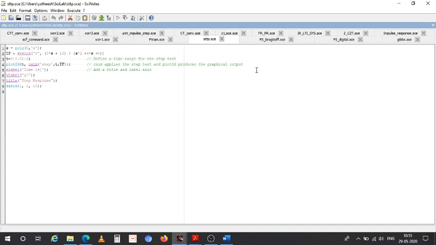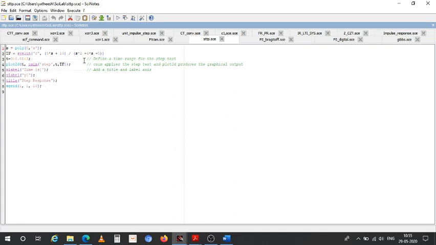So let us now proceed towards experiment number 10. In the university list, Bode plot is there. Bode plot, without the theory, can't be performed in practicals. So next semester in your control systems subject you will be learning Bode plot. You can try that after that. So let us go to the 10th experiment. The 10th experiment is the frequency response of a system.